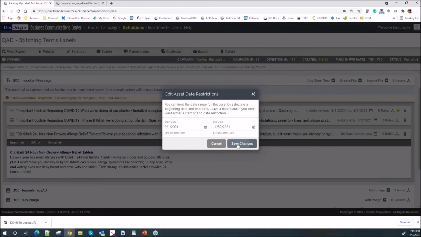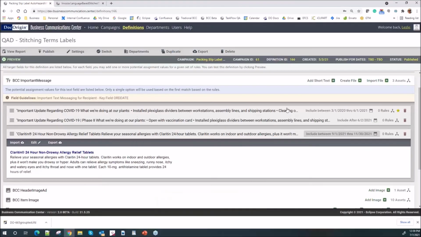You can also have your entire template, a full template or campaign, start in September. So these can be asset specific, or a full document can start and end, and then it returns to the standard document. If you have a promotion like Black Friday, for example. Hopefully that answers your question.